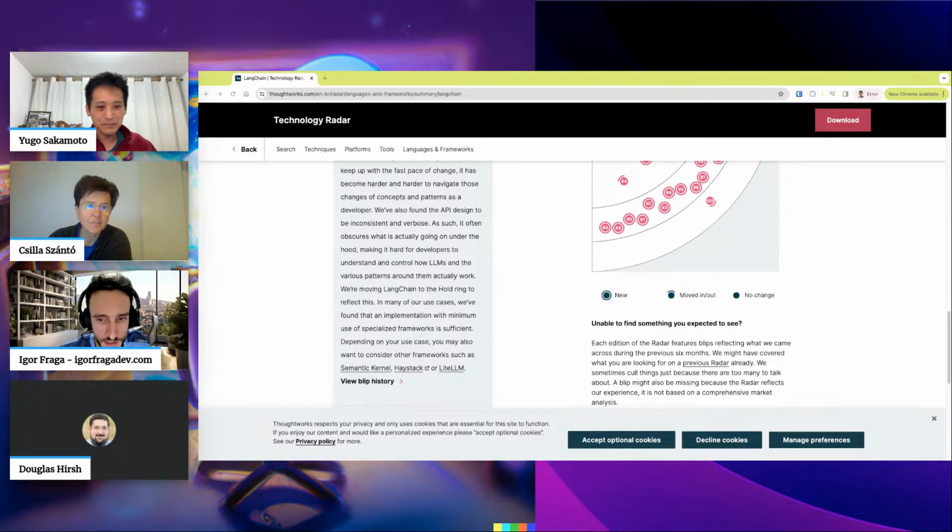Yeah, that's interesting to see. They put that on hold, right? Maybe we start to see a different movement now that Spring AI is coming and being released as a final version. There is already another snapshot version available.